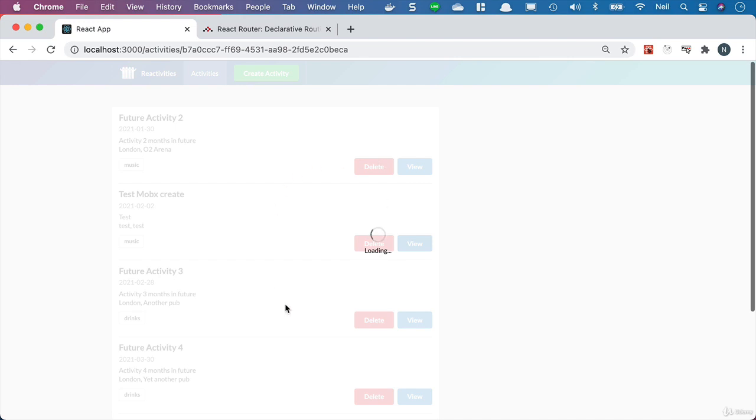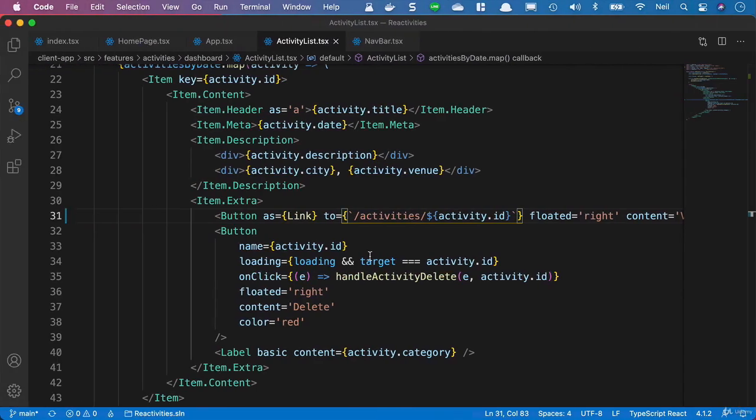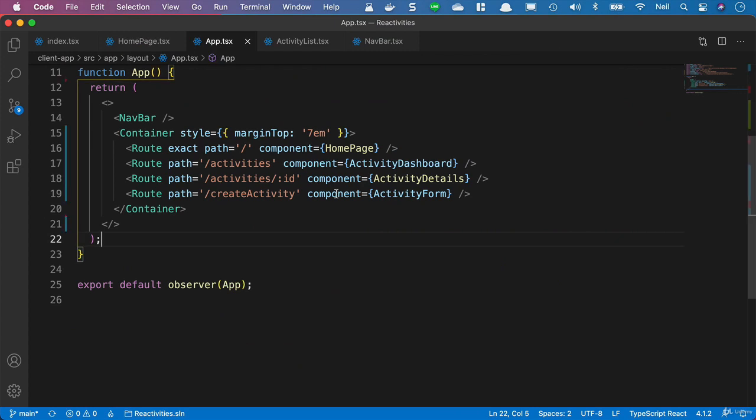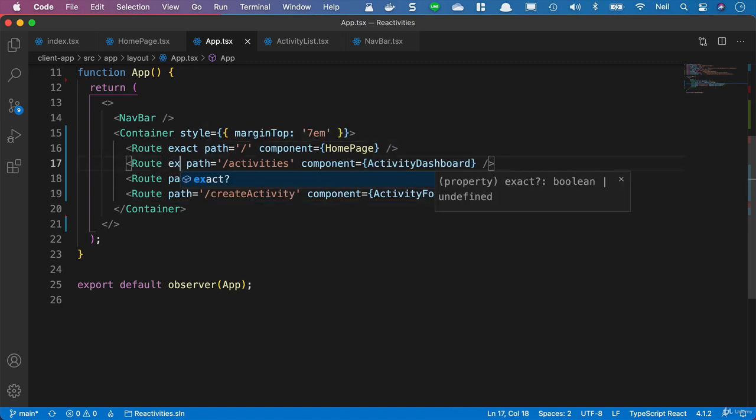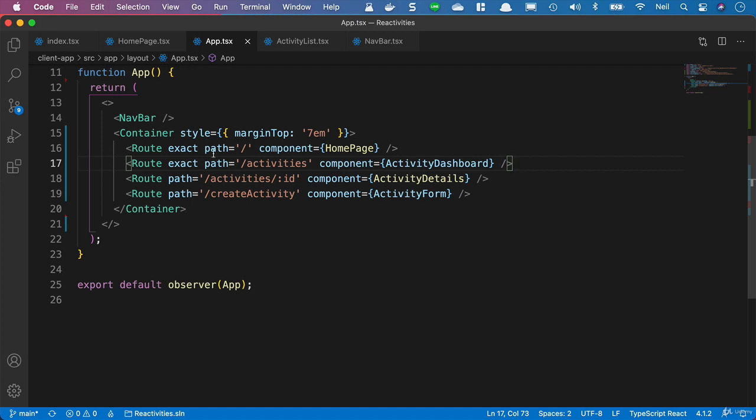But what we will do is make sure that we don't display both the activity dashboard and the details page at the same time. And if we go back to our routes in the app component, then of course React Router has matched both of these routes and it's attempting to display both of these components. So we also want to put the exact path onto our activity dashboard here. And what we'll see is that the activity dashboard no longer is present when we're loading the activity details, but